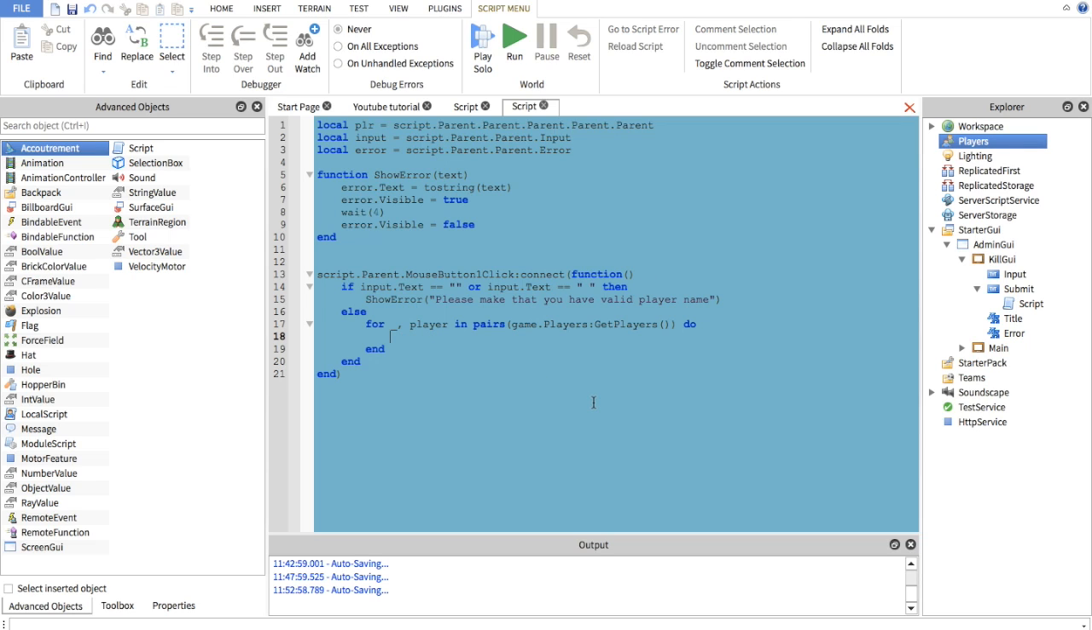So now, if player.Name is equal to input.Text, then, and now, what I like to do is that,